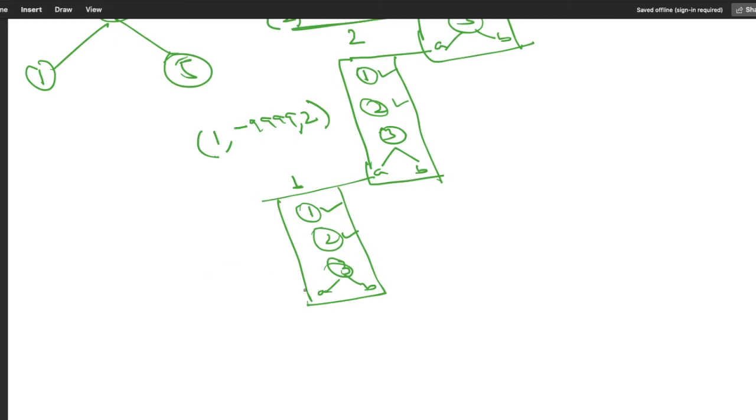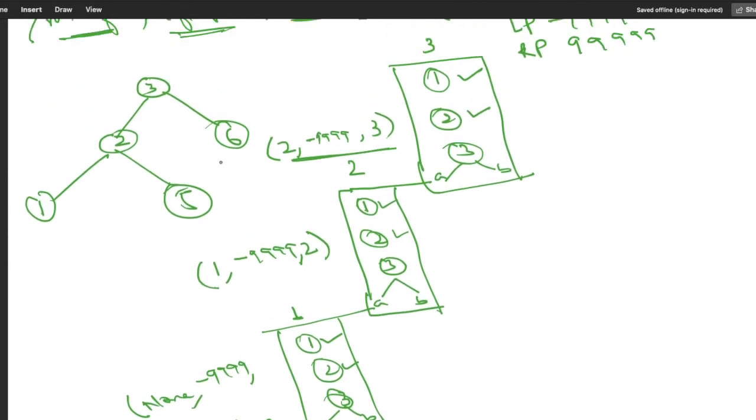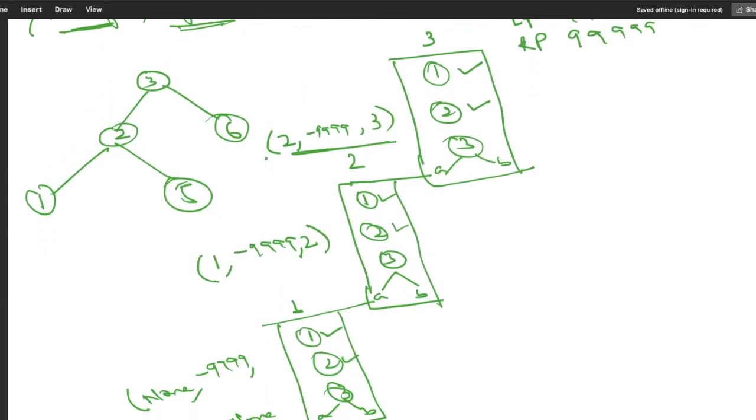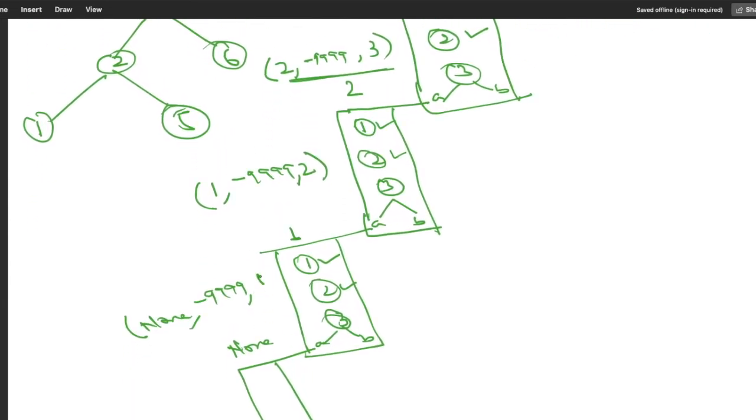Now it will again go to line number 3, and in line number 3 we are calling this same function. So let us call the same function with the value none. The left part will be the same value, and the right part is root dot data, which is 1.